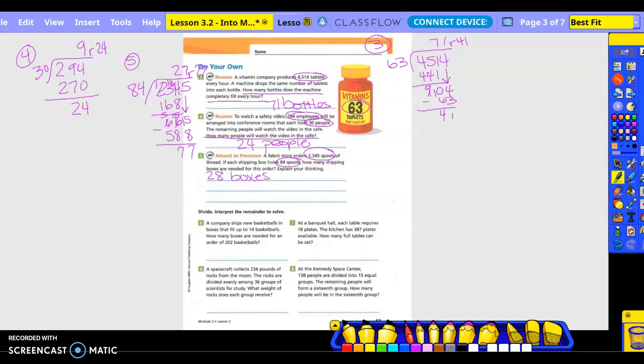Fifth grade into math, lesson 3.2. This is the part 2 recording. We went out and finished number 5 and got 28 boxes, and we said it was good that those 77